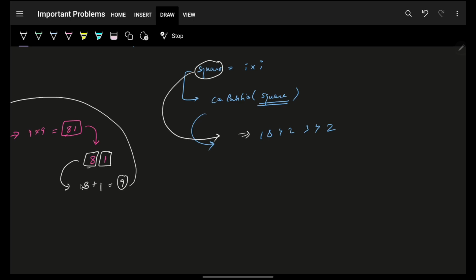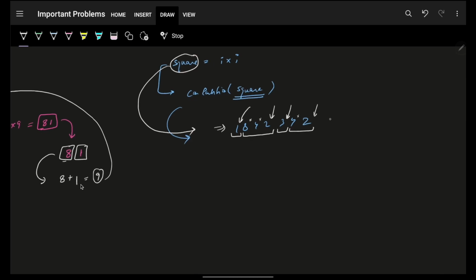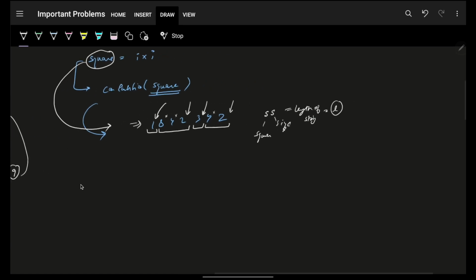So let's say you do a partition something of this sort. Then what can I easily say? That you did partition here, you did not do partition here, you did partition here, you did not, you did partition here. So if this square size is, let's say, SS, which means the length of the string, if this is, let's say, L, then obviously